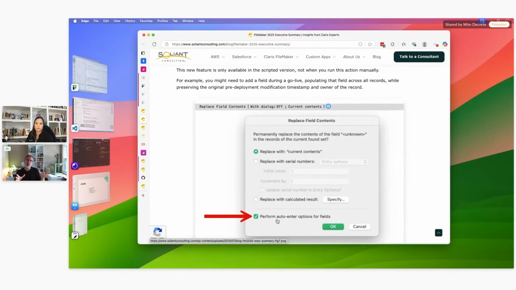That always gave us pause, right? Because we want everybody to have in their tables fields like who was the last modified user, the last modified timestamp, to keep track of some high-level auditability of those records in those tables. And if we had to run a replace as part of a go live task, that would completely blow that away, right? Because we would be the last one modifying all the records, and the timestamp would be the moment that we did the go live. I hated that. So this one takes care of that, where we can now run a scripted replace and toggle that off. So the original timestamp and the original owner for the record will survive.